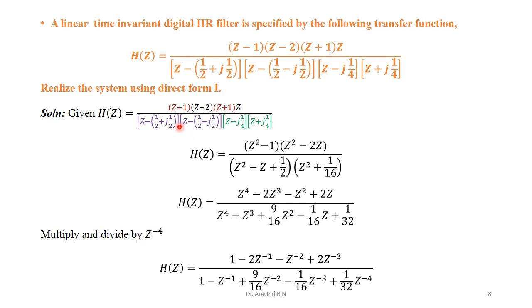Now how to make the simplification? It looks a little bit complex, but try to apply some of the mathematical formulae that are already available so that the simplification process becomes easy. Now we can observe this one, z minus 1, z plus 1. This is in the form (a plus b) into (a minus b). So apply that formula, a square minus b square. Applying this we get z square minus 1. Then z minus 2 into z, we obtain z square minus 2z.